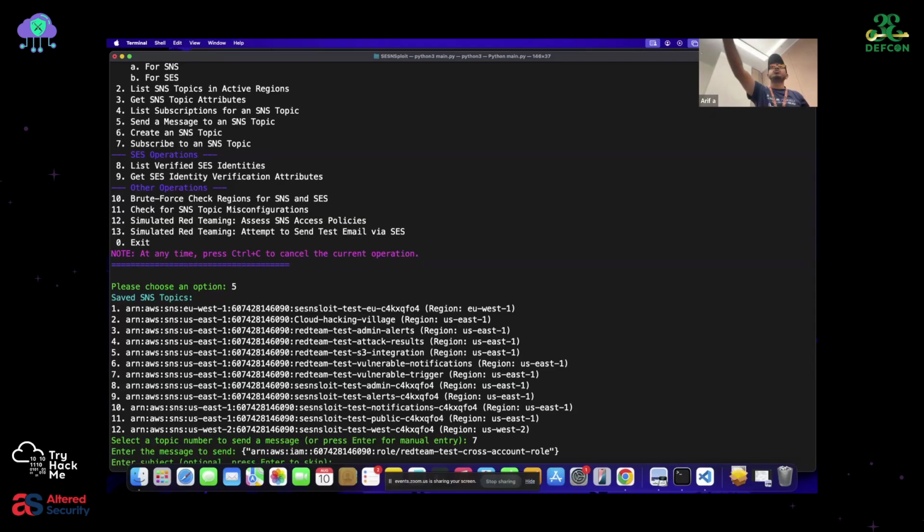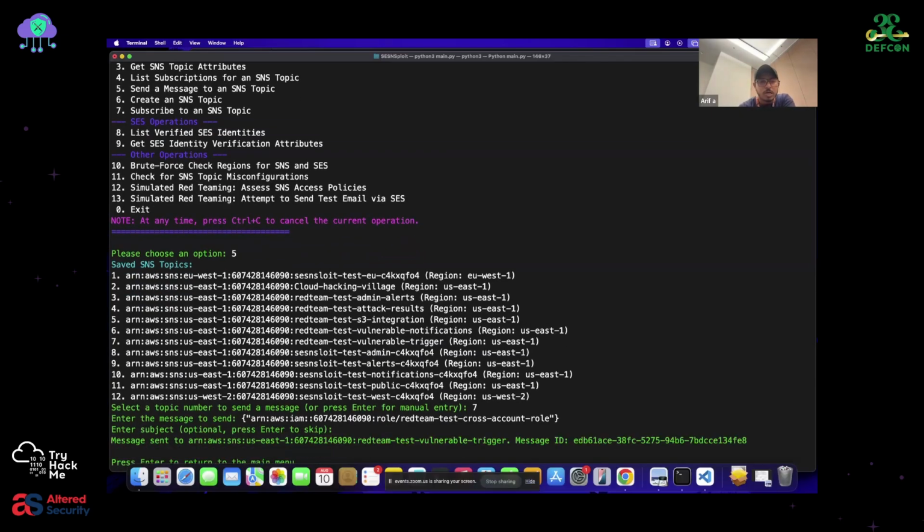Now you cannot know this unless you have done recon and your credential has access to list down the Lambda functions that are present. So in this case we know there's this particular Lambda function which we want to see how it's going to execute, and this is the one attached there, the 6090 role red team cross. So once I do that,